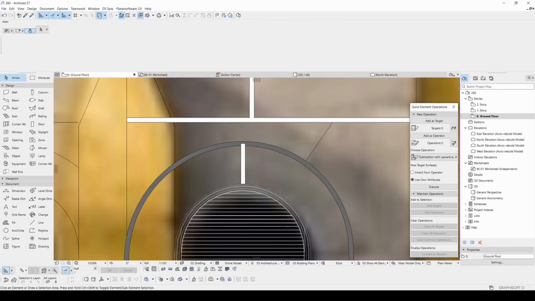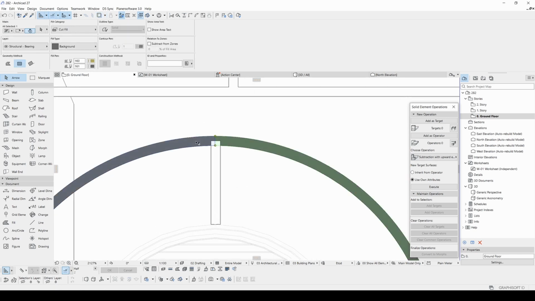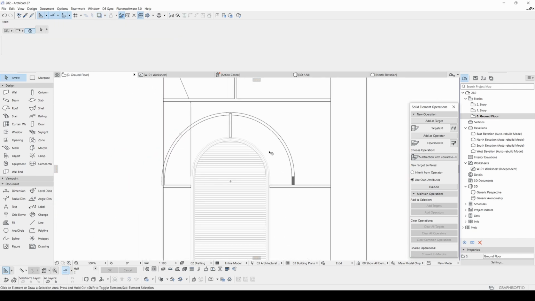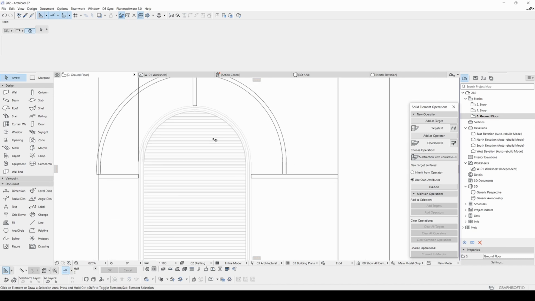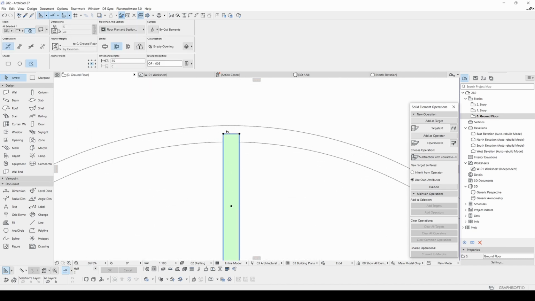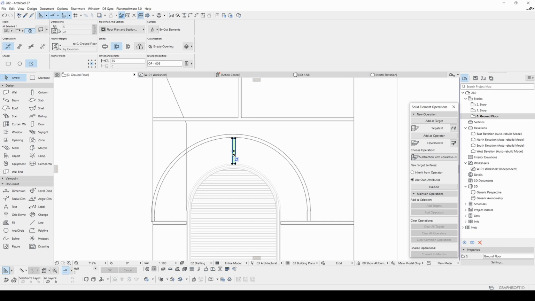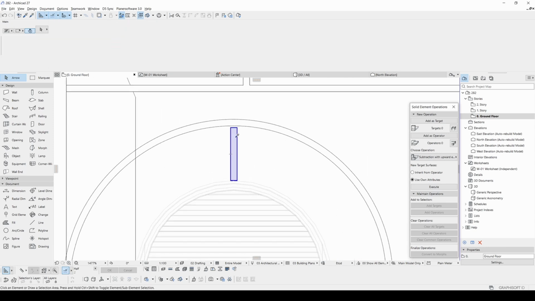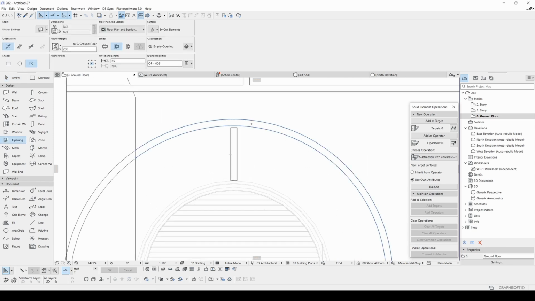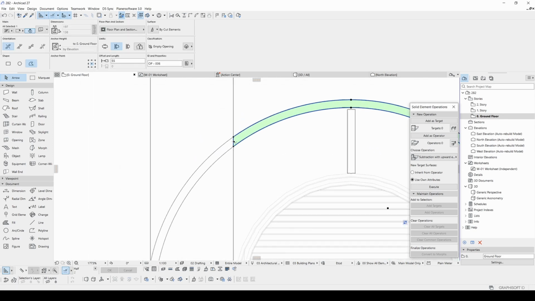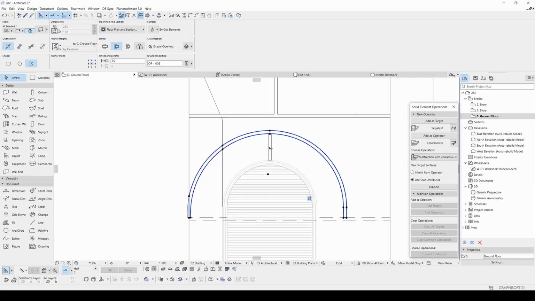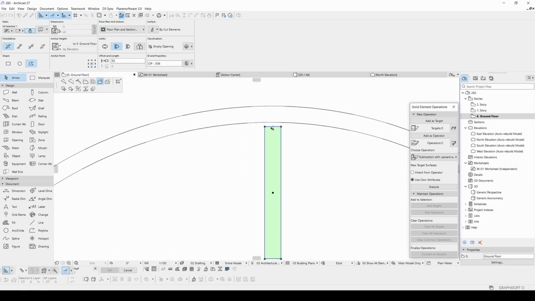Now I'm going to uncheck this Trace Reference. And I'm going to hit Alt to copy this and click inside. Just like this.